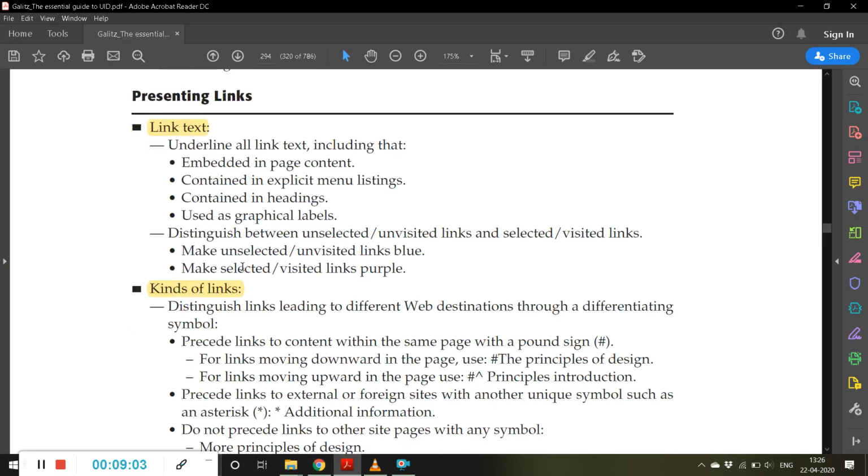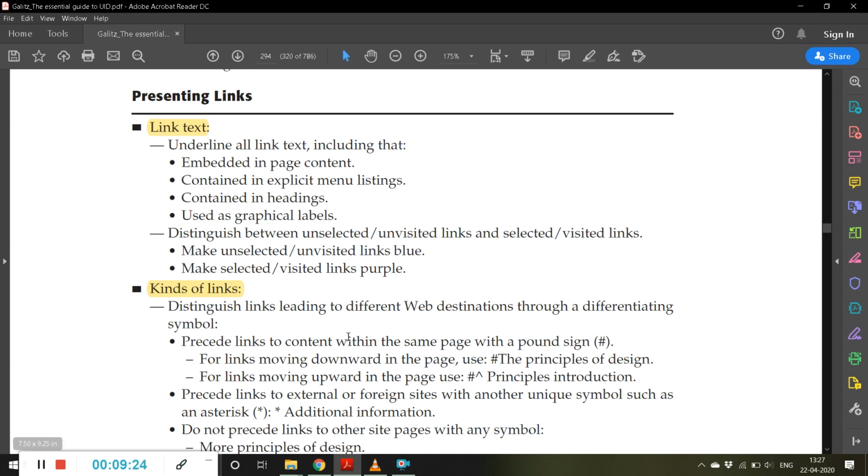Distinguish between unselected, unvisited links and selected, visited links. We have already seen this. If you have already visited a link, either the underline is removed, or the visited link is represented with some other color.